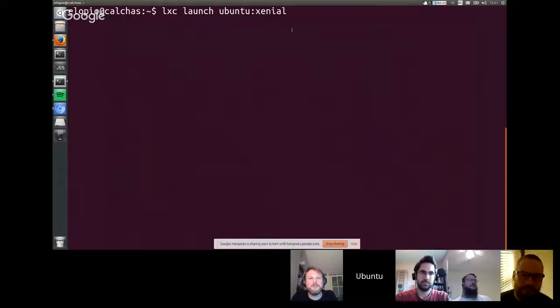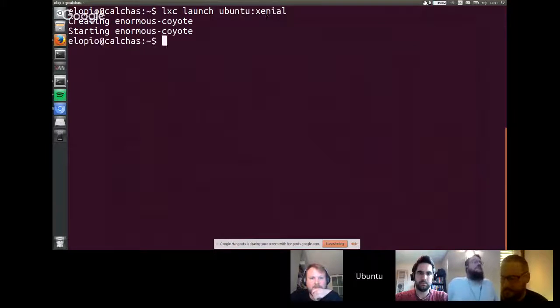But basically, the idea is just to install the LXD snap and then launch different distributions, different applications, and you will see how fast it was. My connection is terrible, and I did it once a couple of minutes ago, and now the second time it was like magic. It was immediate. So now I can do, let's see,